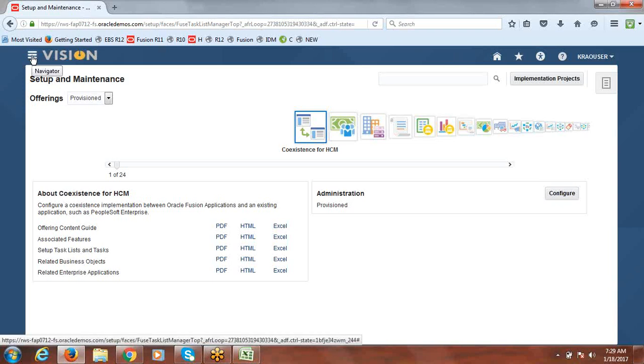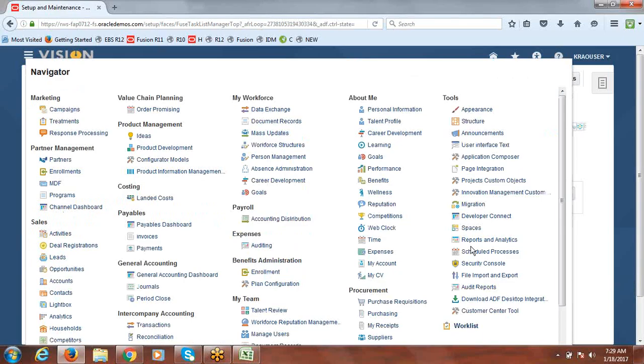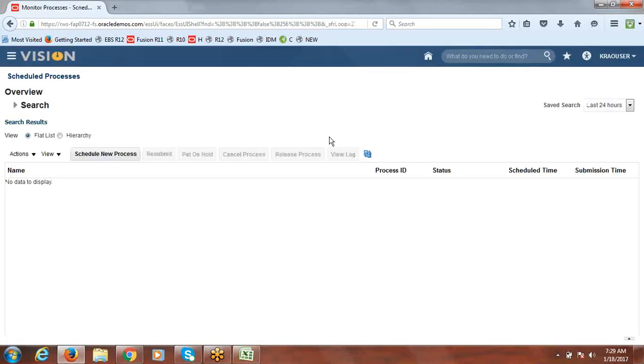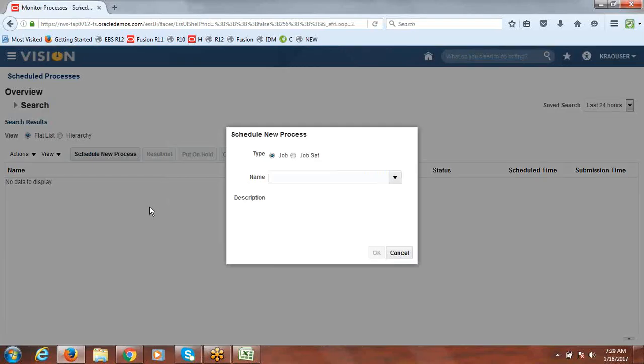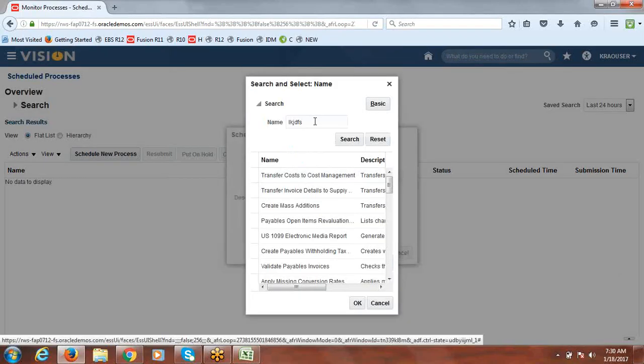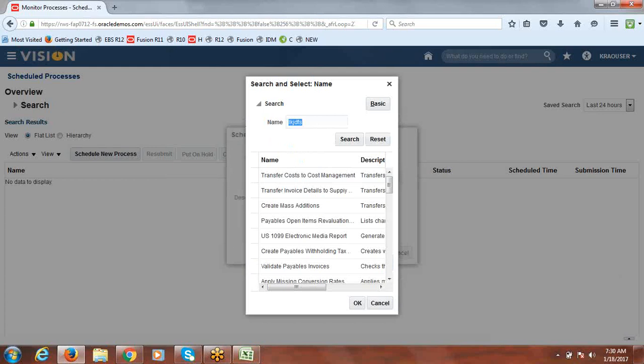Now once expense report is approved by supervisor, we have to submit the program to import that information into payables. So go to schedule processes, schedule new process. So here the job name is process. Just type process expense.